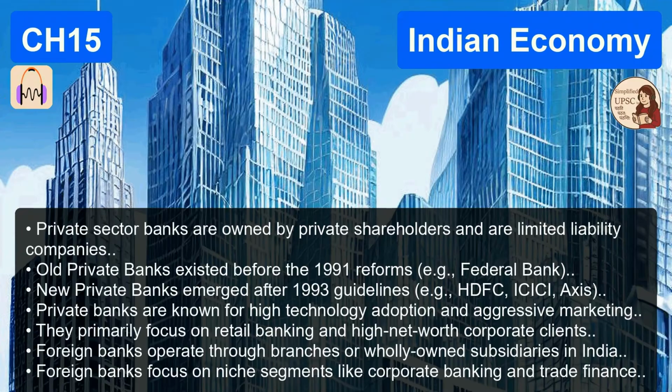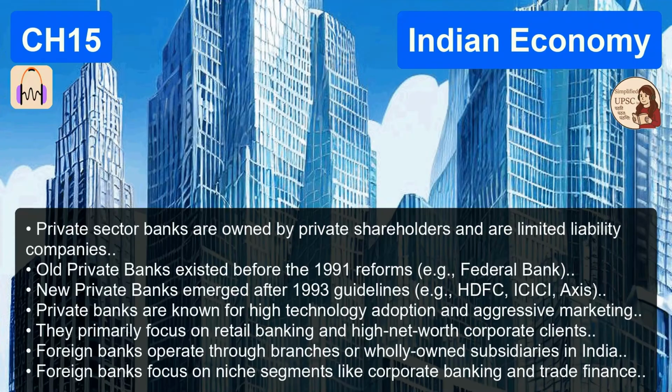So let me get this straight. If SBI sponsors an RRB in a district in Uttar Pradesh, SBI owns 35% of it, the center owns 50%, and the UP government owns 15%. Precisely. And their focus is strictly on rural credit, agriculture, and weaker sections. They are the financial lifeline for the hinterland.